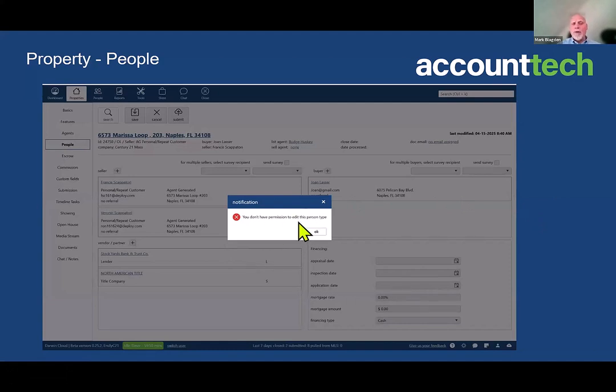This can be really important because a lot of companies, more and more, and this trend is going to continue and just accelerate, brokers are more and more focused on who's getting the title business, who's getting the mortgage business, who's getting the insurance company business, and brokerages are opening mortgage and title and insurance businesses. So one of the things that can happen and does happen, we know from experience, if you let the agents put in mortgage and title and insurance companies in Darwin,